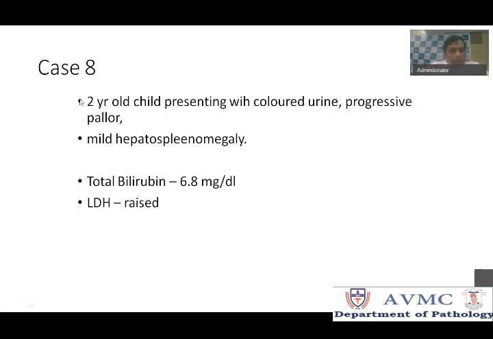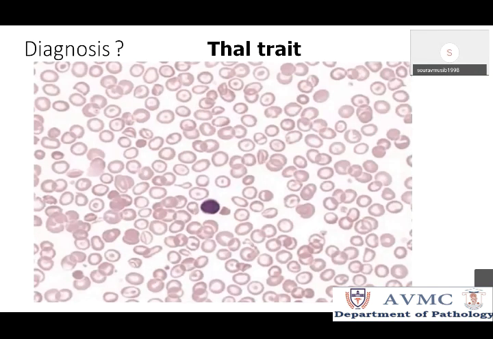Excuse me, sir. Sir, that thalassemia trait, once again, can you discuss the less anisopoikilocytosis and what else you told? Sure. So this is a case of thalassemia trait. Okay, see, you agree with me, this is microcytic hypochromic, correct? This is microcytic hypochromic. You compare with the nucleus of small lymphocyte, the RBCs are smaller.